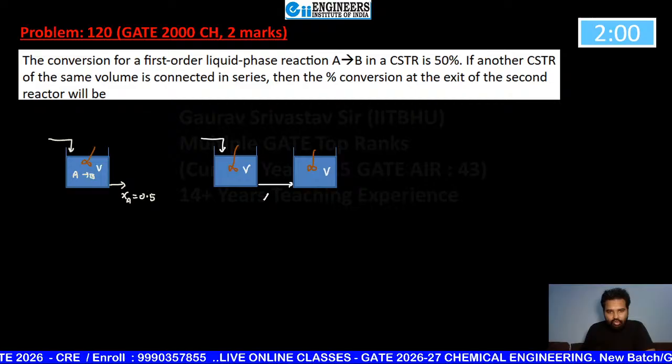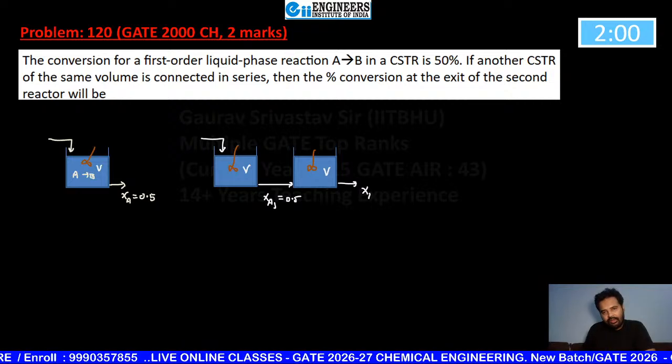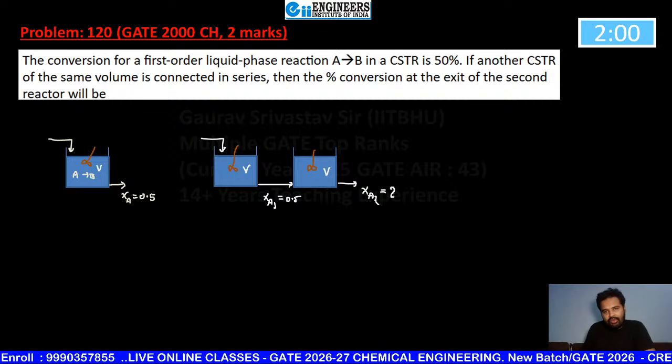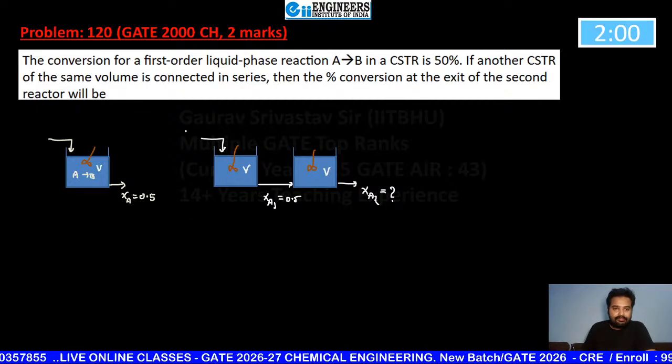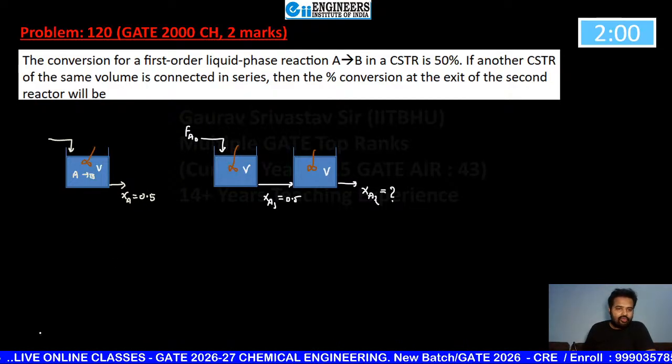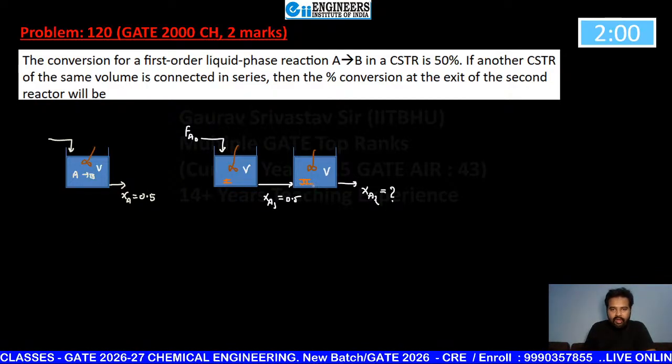So in that case this should be XA1, and from here the conversion that you are going to get will be XA2. This one asked, in percentage, at the exit of the second reactor. The problem is very easy. You can assume here molar flow rate Fa naught. Just apply the design equation for the first reactor. This is reactor number 1, this is reactor number 2. So for CSTR 1,